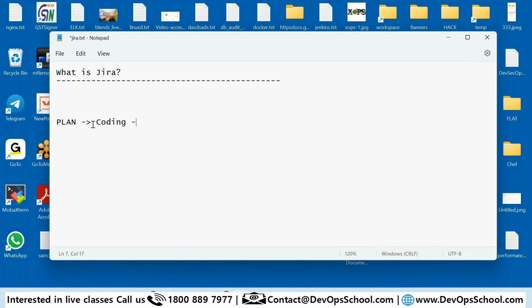After coding, we have scanning the code, analyzing the code. After that scanning, we have a build, and after the build, we have unit testing. After the unit testing, we have packaging the software, and after packaging the software, we have archiving the software, and then